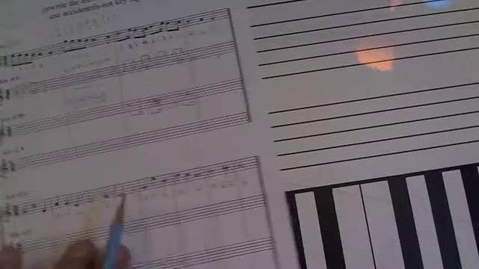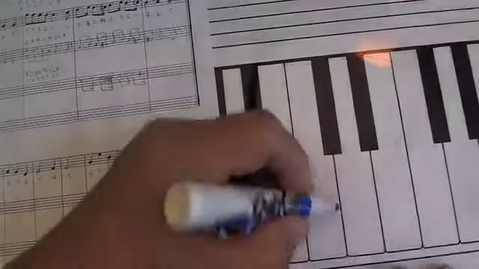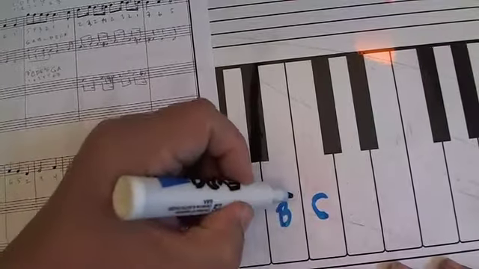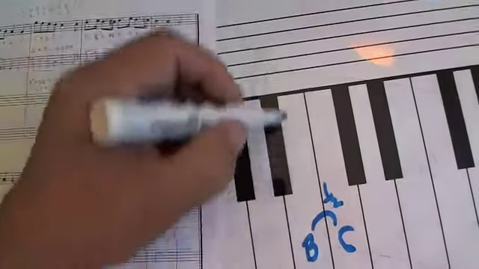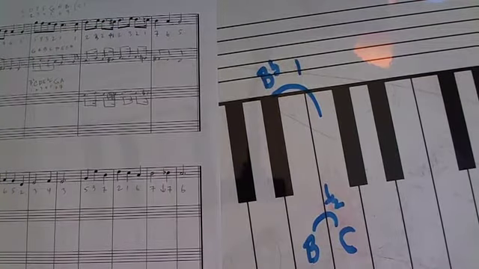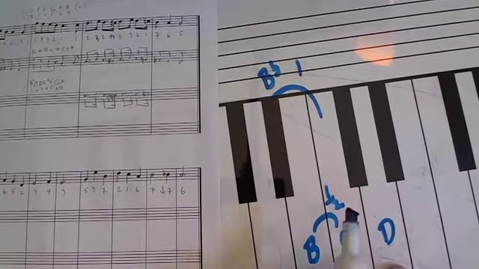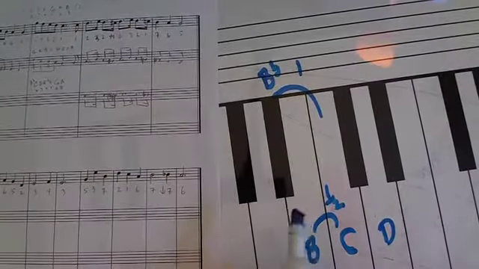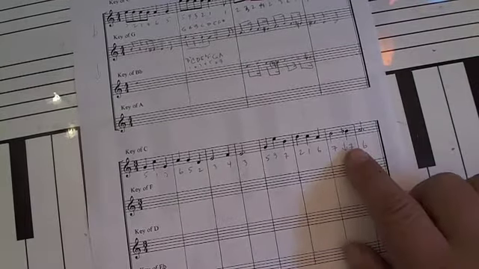Let me show you on the keyboard. Told you I'd do that. Here's my C right there, right? And that's B. And you see how it's just a half step away? That's leading tone. Okay, that's the name of it from the scales. However, if it's B flat, now it's a whole step away, and we call that subtonic. Supertonic is a whole step above. Subtonic is a whole step below. If you're a half step below, 7 has a special name called leading tone because it leads us back there. Ti, do. Okay? All right, so coming back to this, we have to remember that when we get to this